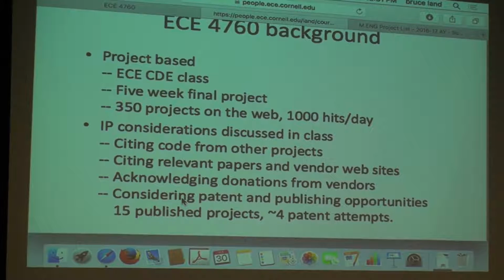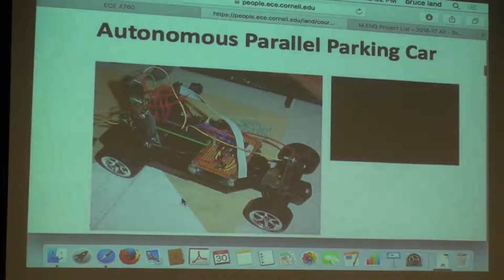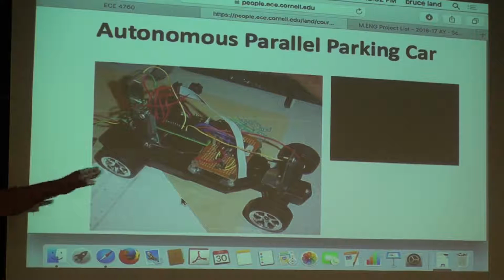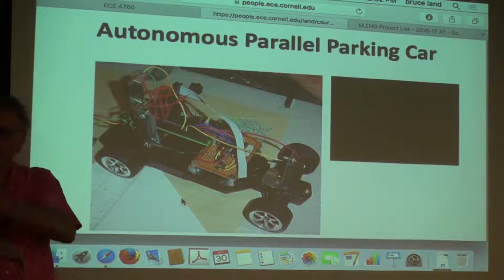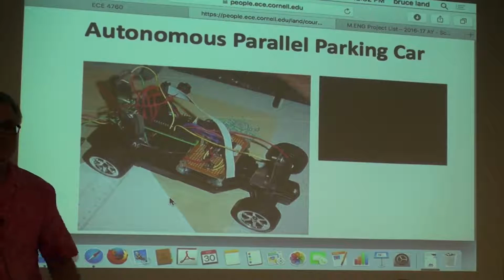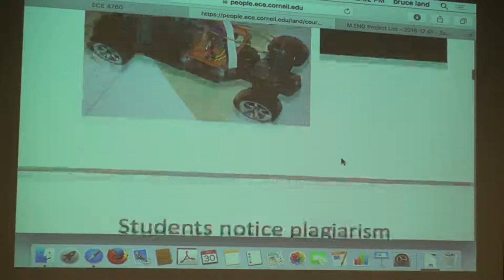And I used this for another short talk, so you all know what IEEE is, or what ECE 4760 is here. So I won't say anything about this. But what they built was an autonomous parallel parking car. So it has distance sensors front, back, and one side. It'll drive up beside an empty spot. It'll back into the spot. Cool. And there was a video, but I think I've lost that. I'm not going to bother with that right now.